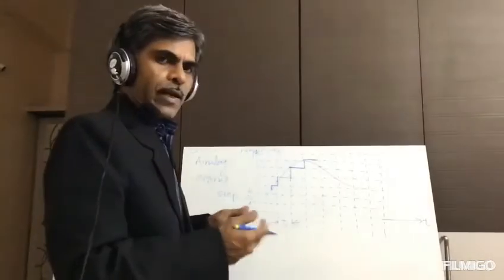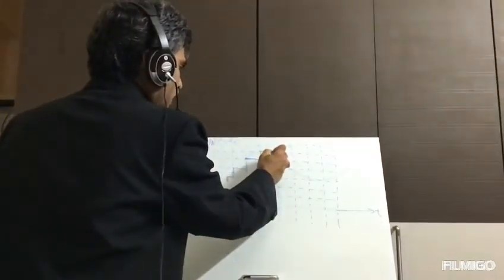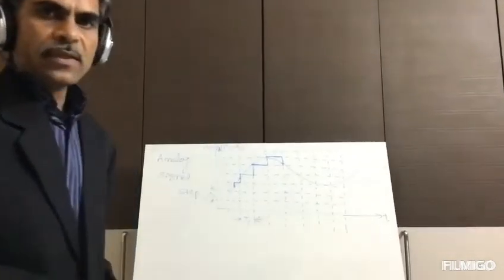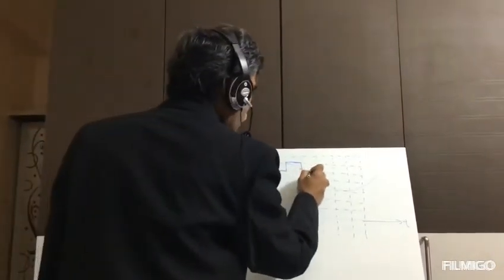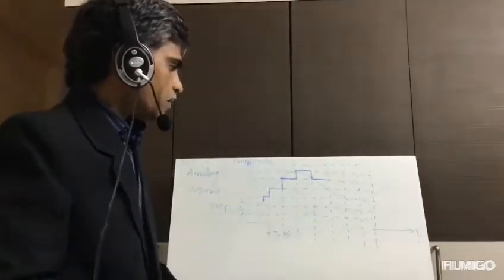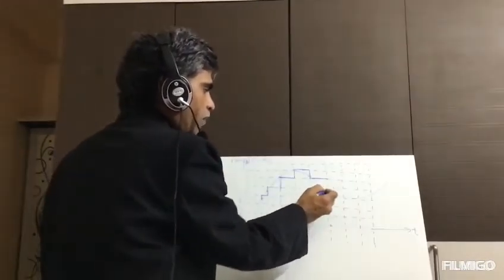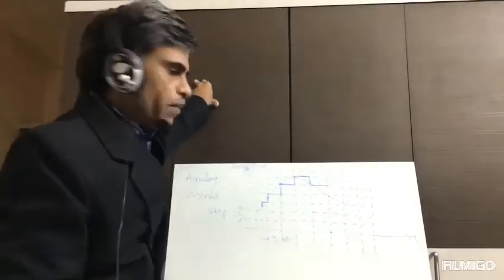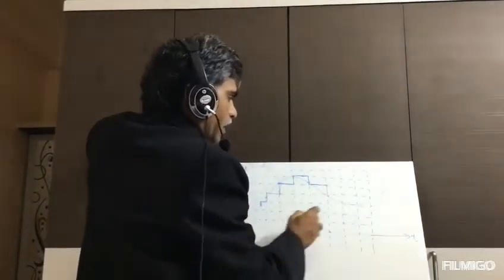Therefore, what happens to the output of the delta modulator? The delta modulator output is decreased. That means it is represented by a logic 0 and maintains its output at the same level until the next instant of time comes, which is this instant of time. There once again the amplitude of the analog signal is less than the previous sample amplitude, therefore it reduces further to that level, and like that